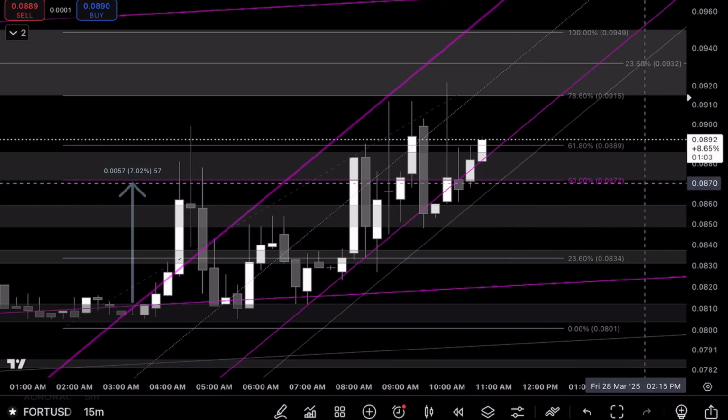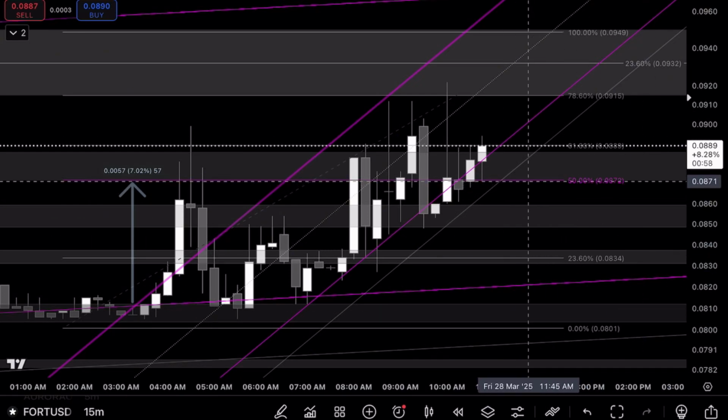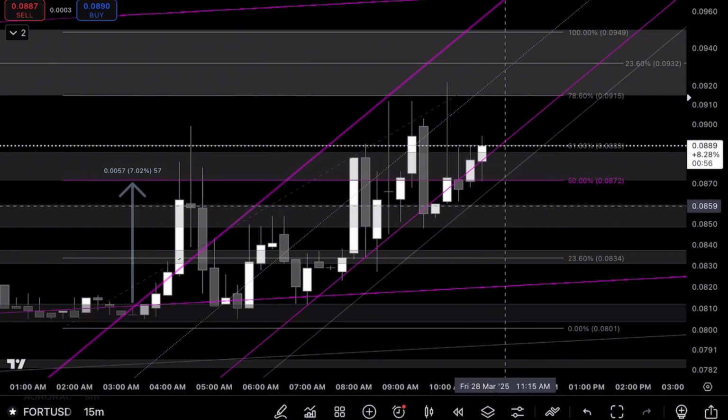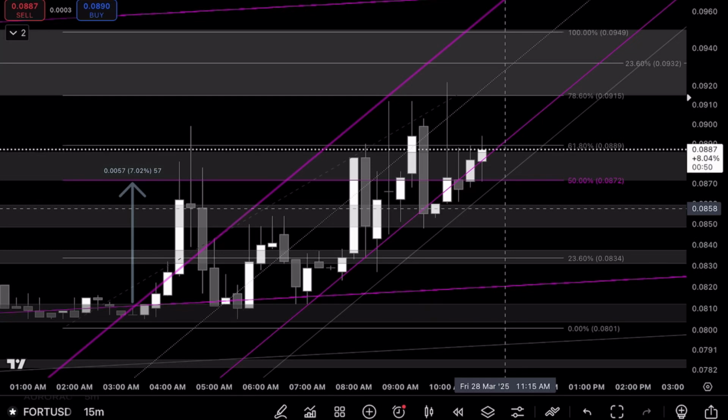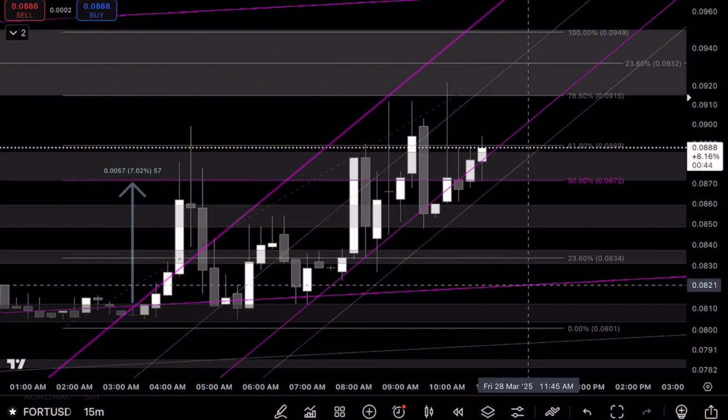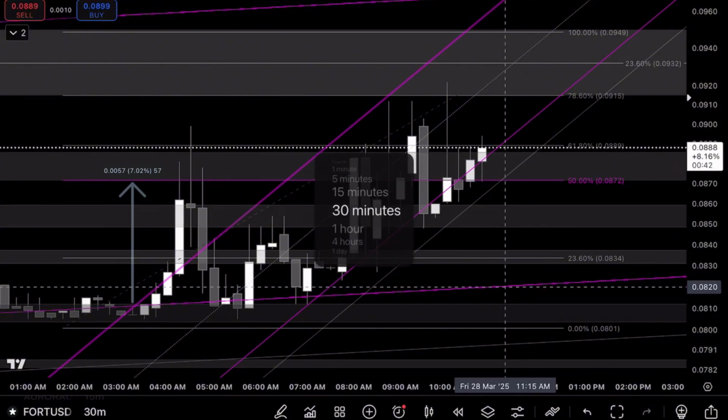And I probably need to make another alert right below this 50% on the fib, and just see where it goes from here. And that's pretty much it for that. And see if it's going to come out of this channel, and where does it go when it comes out? Is it going to stay within this bigger channel, which is, if I go to the